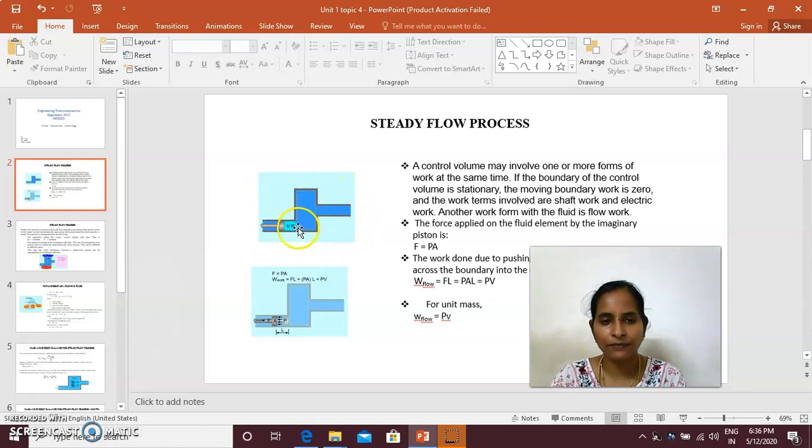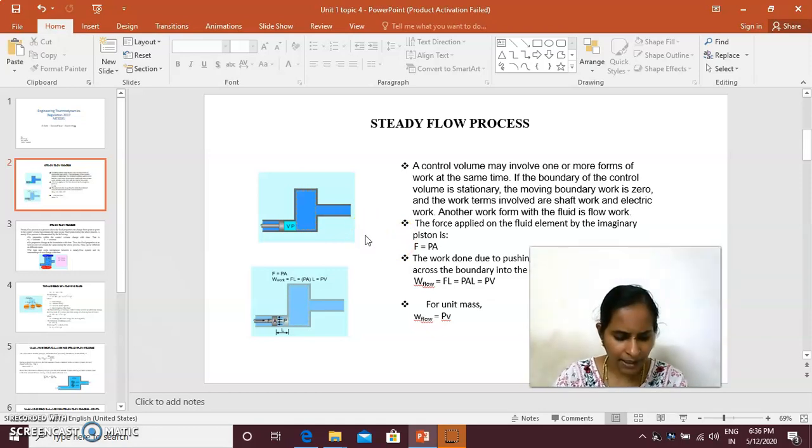So, mass flow rate, you know very well, m dot, is equal to rho 1 a1 v1, which is equal to rho 2 a2 v2. You would have come across and derived this formula in school itself. Mass flow rate means rate of mass, m by time, kilogram per second or kilogram per minute. The mass flow rate remains the same.